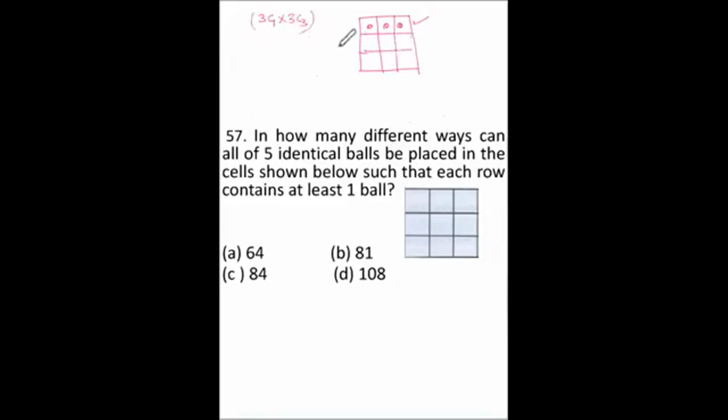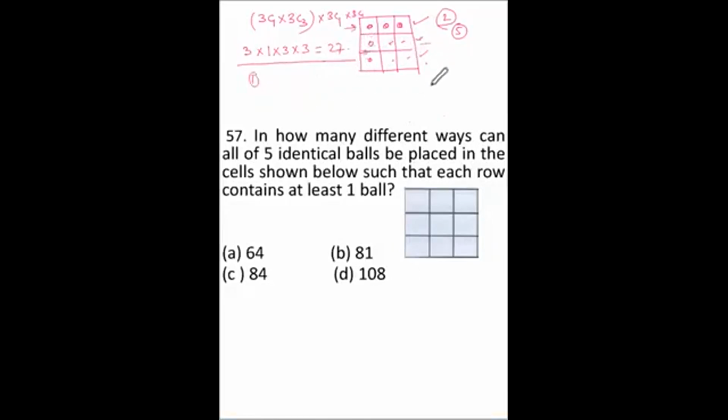Now 2 other balls are there because total balls were 5. So they may be here and here, one here, because each row should have one ball. It may be here, here, or here, here. So it is 3C1 for this and 3C1 for another one. So this comes 3 into 1 into 3 into 3. It comes 27. Now we take another situation when this row, suppose this row is having one ball and the rest